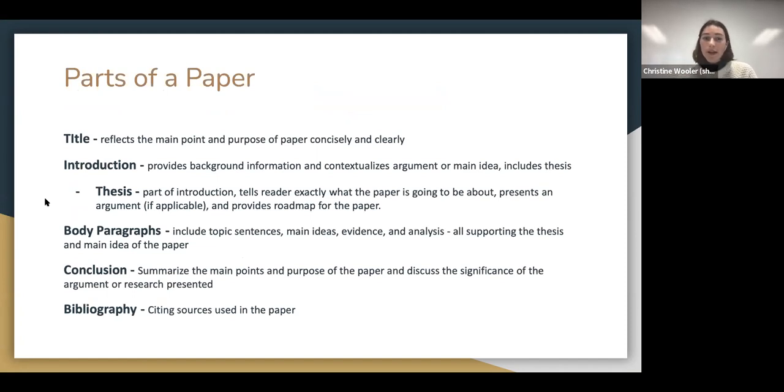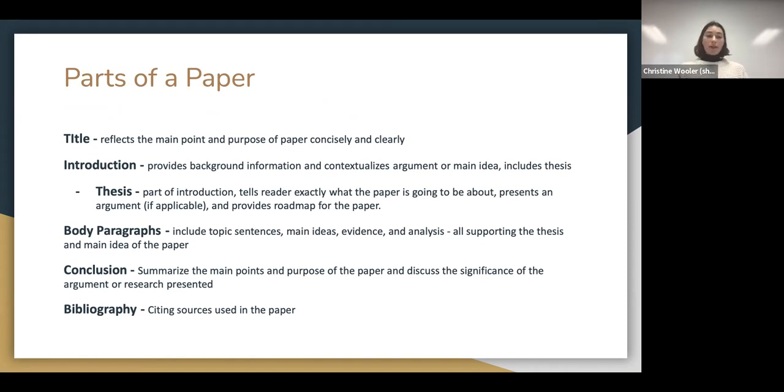So, different parts of the paper. You probably know most of these. We're just going to go through them really quick. Title: that reflects the main point and the purpose of the paper clearly and concisely. Your introduction provides background information and context. It's also going to include your thesis, which is your argument or main idea. It usually goes last in the introduction. It's going to tell the reader exactly what the paper is going to be about. It presents your argument if that's applicable, if it's an argumentative paper. And it also tells the reader how the flow of the paper is going to go,